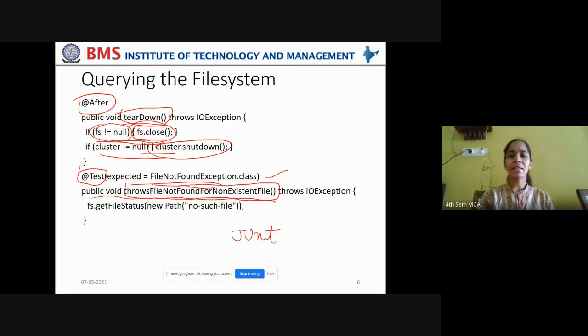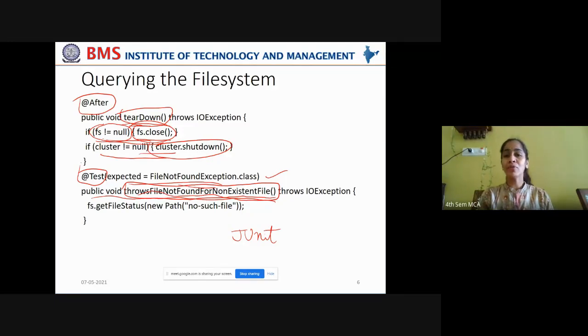You're creating an exception by yourself. You're not using any of the system's exceptions. You are trying to define a new exception. What is that exception? Throws file not found for non-existent file. You're creating a new exception called throws file not found.